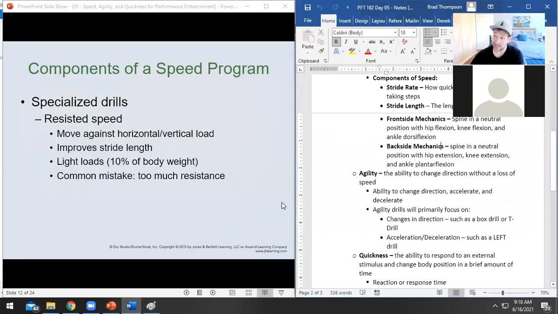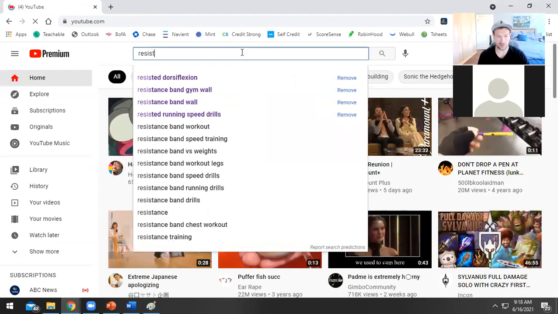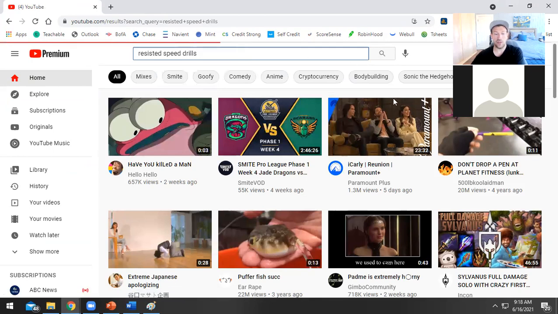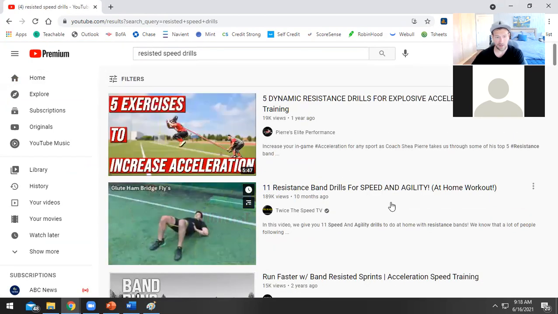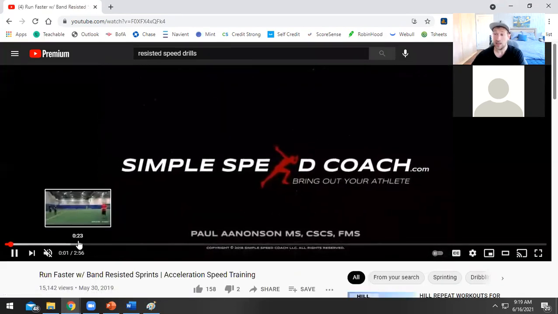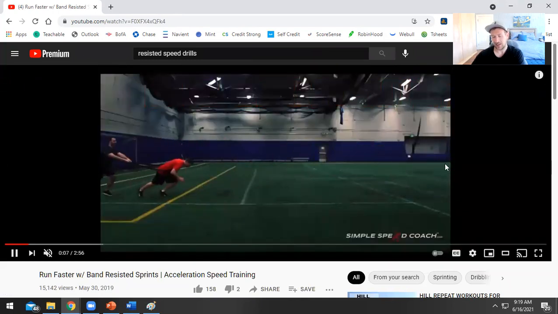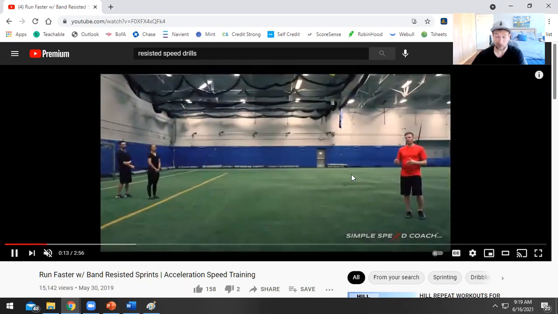And then we have resisted speed drills. And resisted speed drills are the types of drills that are focused primarily on improving your stride force, okay? So this is going to be something where you're actually going to apply resistance to someone, and now they are going to have to improve their force output. So you can see here, he's dragging this other person behind him using a resistance band because it's nice and soft. You can try doing this with something hard, like a rope, but I really don't recommend it. It's uncomfortable for your client. The band is nice and soft, and that's really what you want to see instead.